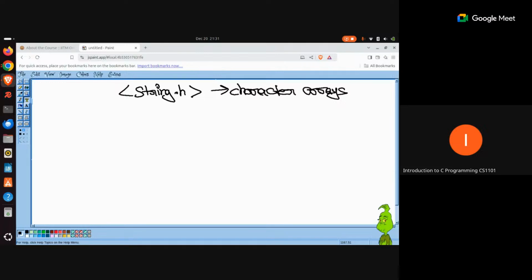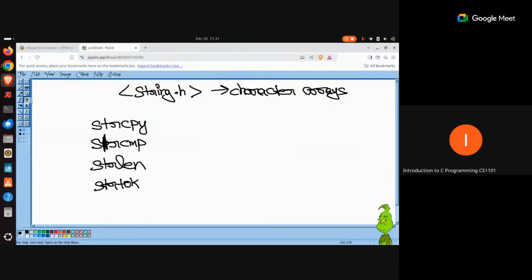Of course, whatever utilities this library provides, it is very much possible for you to write them on your own as well. For example, the common functions you get after importing this string.h library are, can someone name a few functions from the string library? String copy, string compare, string length, strtok. Yeah, maybe these are the functions.